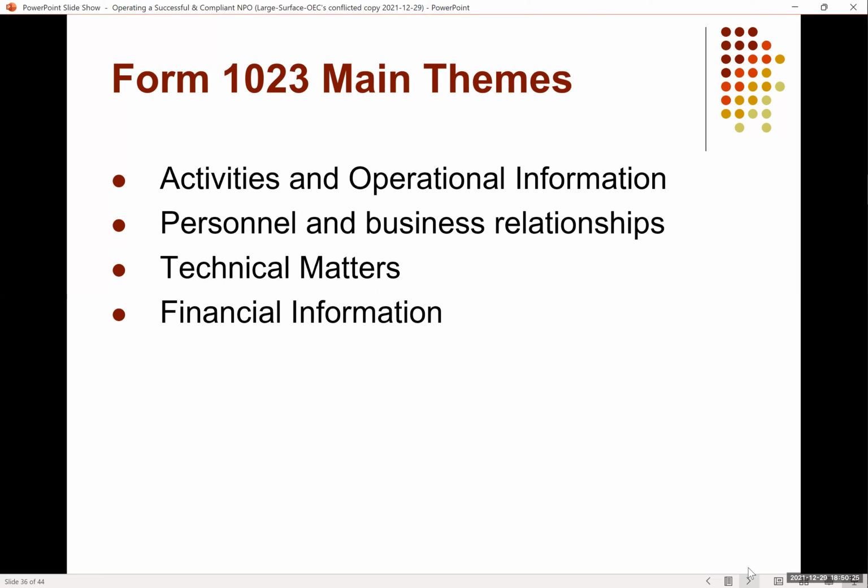You want to talk about your personal and business relationships. A lot of people that start a nonprofit have another job, but the government wants to make sure that you're not just doing this so you can get some activities done tax-free. They want to know that you have the expertise. How are you going to be getting the money that you're going to raise? What relationships do you have? They want to know that information.